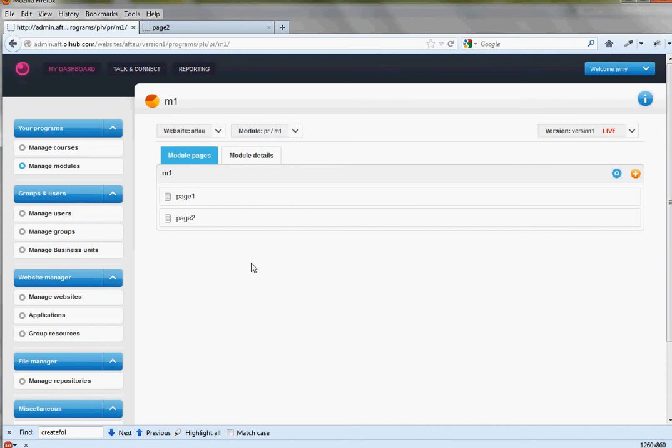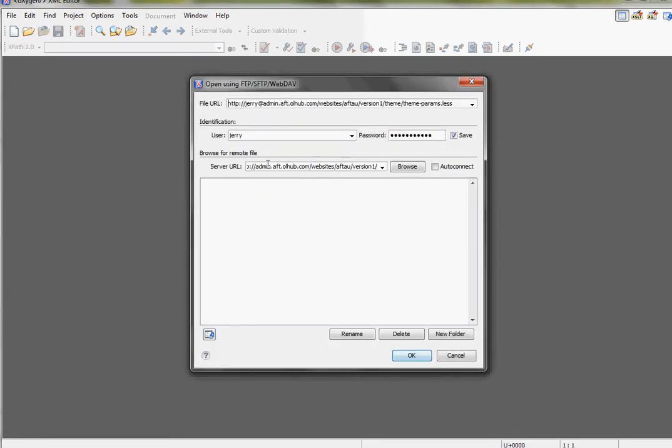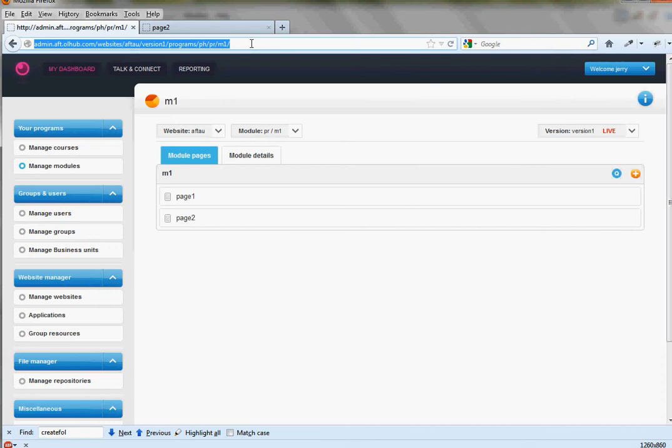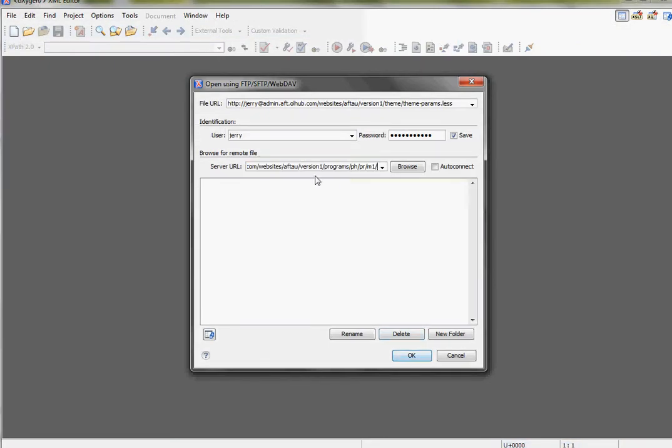We're going to use a programmer tool. I like this one, Oxygen XML Editor. It's got good code completion and built-in WebDAV browsing. But Dreamweaver also has WebDAV built in. So again, we're going to log in with Jerry and the same password, and the address that we're going to go to is exactly the same address as what we've seen over here. In fact, I can just copy and paste that over there, and we can hit browse, and there we go,